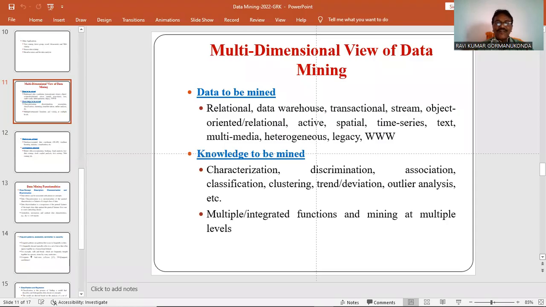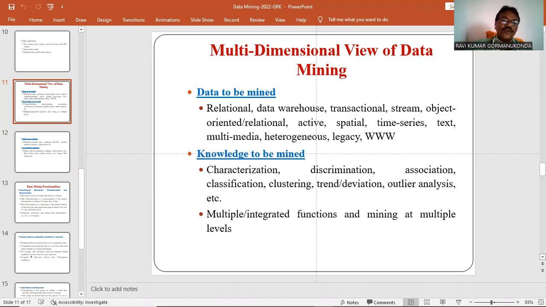So what kind of data is to be mined? The data comes from heterogeneous databases, like relational databases, data warehouses, transaction data, streaming data, object-oriented data, time series data, spatial data, and multimedia. That is why it is called heterogeneous data, and you apply the data mining techniques to these different databases.